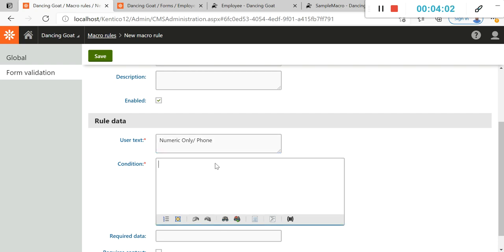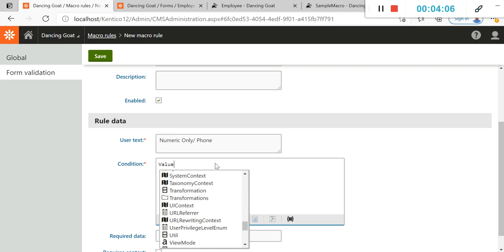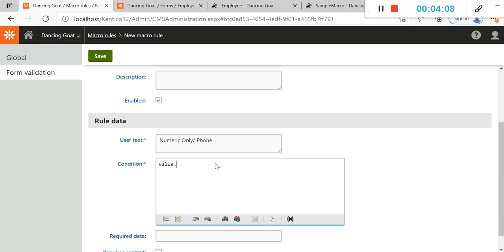Here we need to define a condition. The condition will be value dot, because we need to match the value with the entered value. So value dot matches, and we need to pass the value here as regex. This is the parameter.